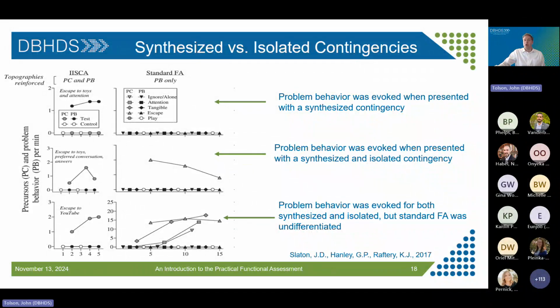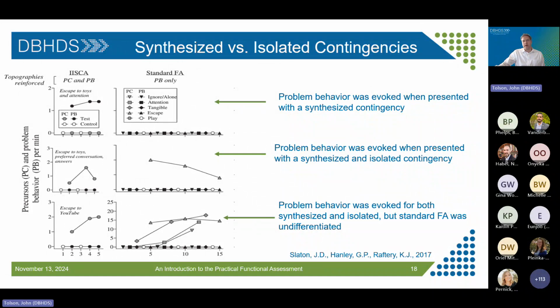In this study, comparative analysis shows that synthesized reinforcement conditions influence problem behavior more compared to isolated conditions. So this conveys a different type of precision. Isolating a single reinforcer for a single topography can identify the isolated impact on each reinforcer suspected of maintaining problem behavior. Combining variables that co-occur together can offer precision in emulating natural contexts in which problem behavior occurs.